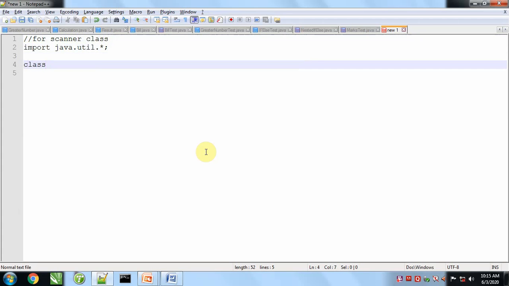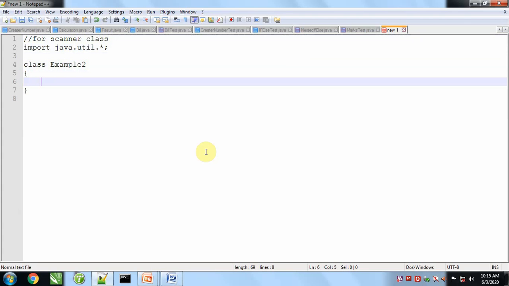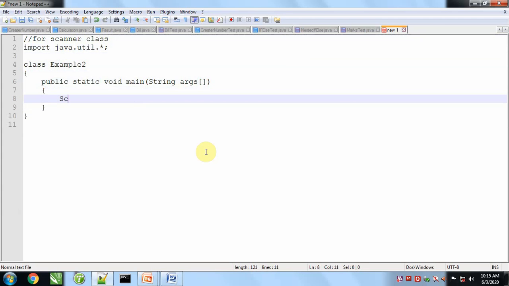Now we will take a class Example2, and in this class I will take the main method here. I will make an object of the Scanner class.